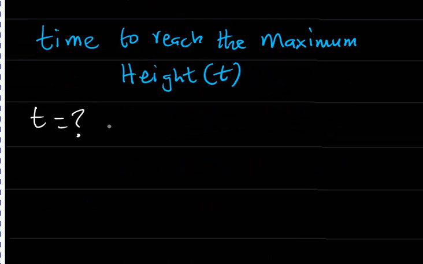And don't forget that we still make use of the acceleration due to gravity, which of course is g. We make use of g, which is approximately 10 meters per second squared. But we are not going to use it. We're just going to use the symbol because we want to derive the formula for the time to reach the